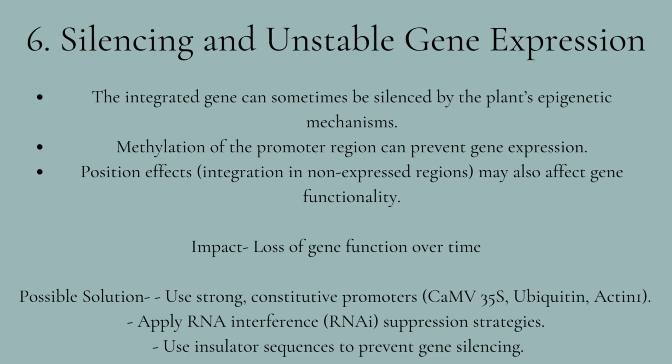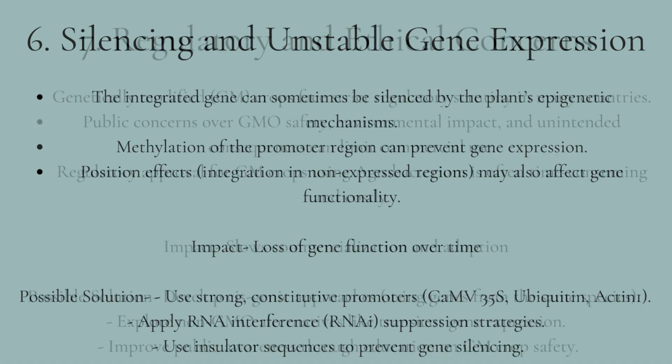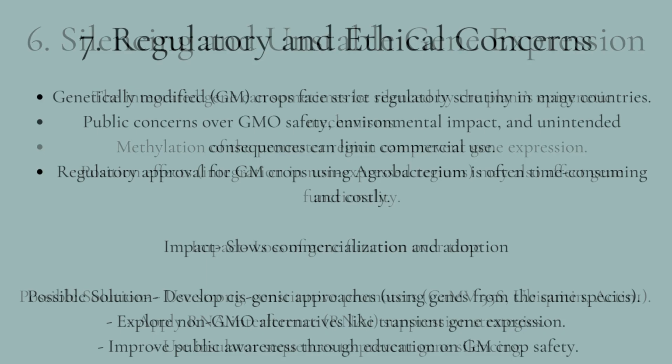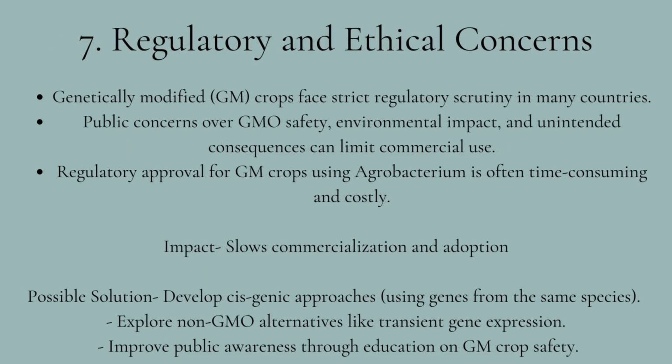Also, applying RNA interference, RNAi suppression strategies to counteract this gene silencing, and incorporating insulator sequences to protect the gene from epigenetic suppression. Here, the impact is prevention of loss of gene function over time, ensuring stable and reliable trait expression in transgenic plants. The seventh nuance is regulatory and ethical concerns, which is challenging because there are strict regulations